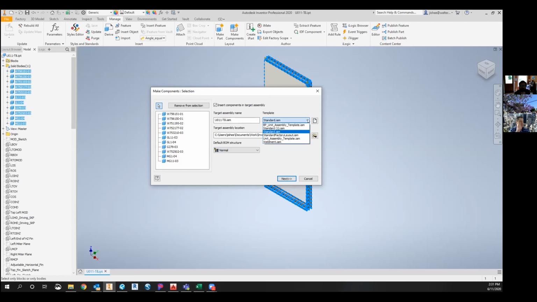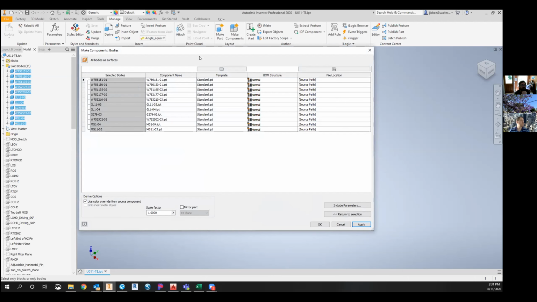And then you can determine what template you want. In this case, we've got a specific template set up that's got some information in it that we're going to use here in a minute. So we'll select that. Then it just gives you a list. You can go in here and you can change component names and sources and other things. In this case, all of these solids are already named to the part numbers that they've been assigned, the mark numbers. So everything is good here. Then when we hit OK,